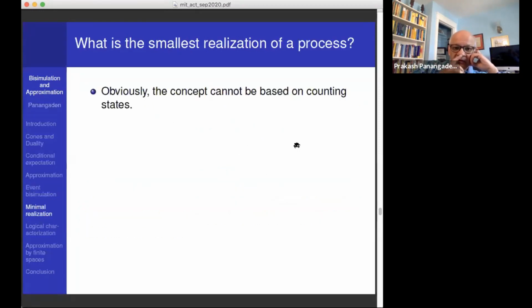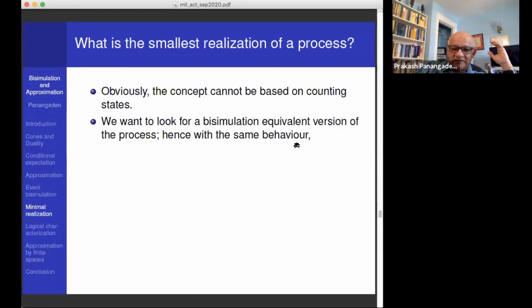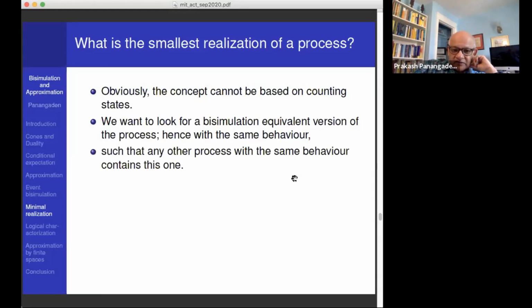Now we talk about minimal realization. So we're talking about continuous state spaces and things like that. So it's obviously not a notion based on counting the states. So we want to look at a bisimulation equivalent version of the process, but it has to be smaller in some sense, while doing exactly the same thing. It should have the same behavior. So,